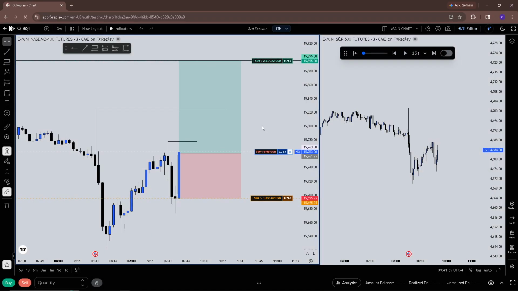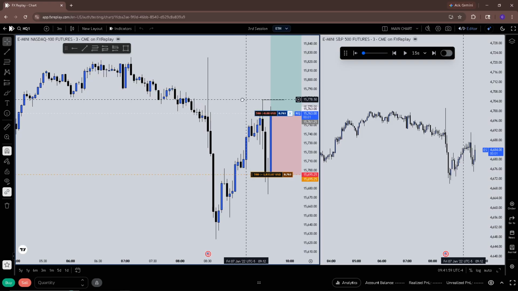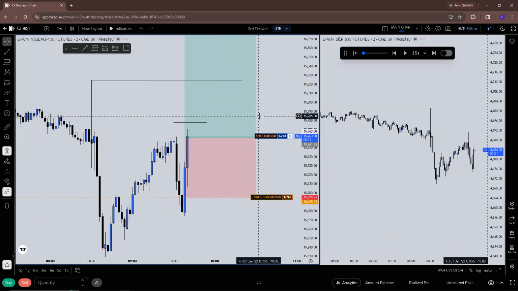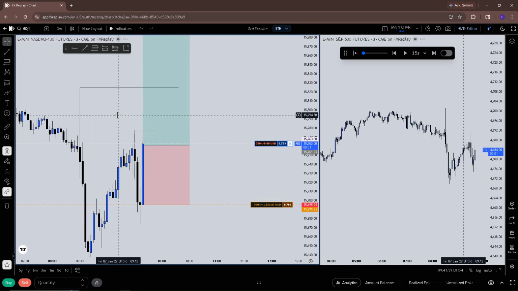Kind of just expecting us to rip up to these data highs. Right, no other inversion. 3 minutes, the highest one.